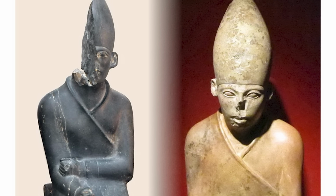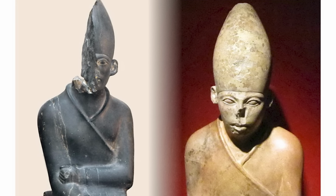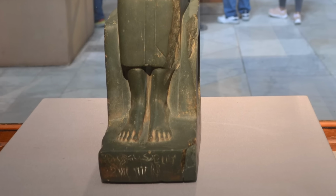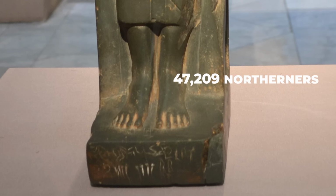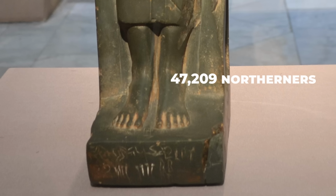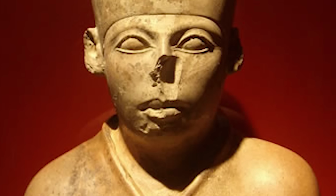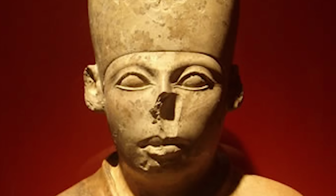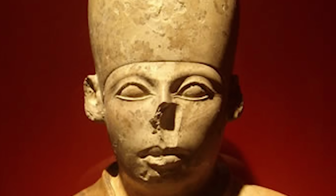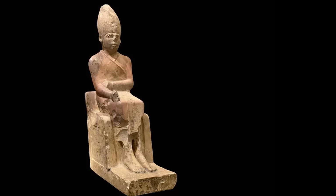The king is depicted seated in the jubilee robe of the Heb-Sed festival, wearing the white crown of Upper Egypt. Around the base of the statue are carved the contorted bodies of defeated foes, along with a tally of 47,209 enemies vanquished. This astonishing number of smitten rebels, likely exaggerated, underscores Khasekhemwy's propaganda as the great pacifier of the realm. In one inscription, he even calls himself "He who tames the two lands," reinforcing that he ended the strife